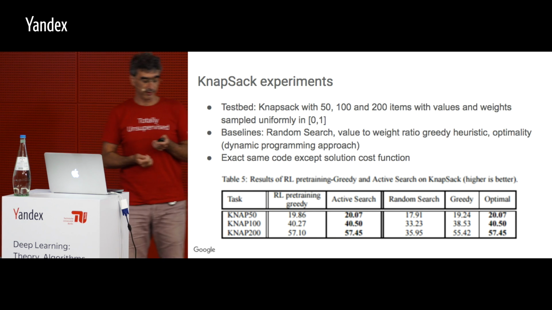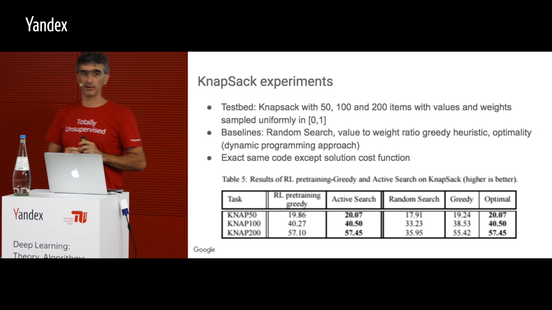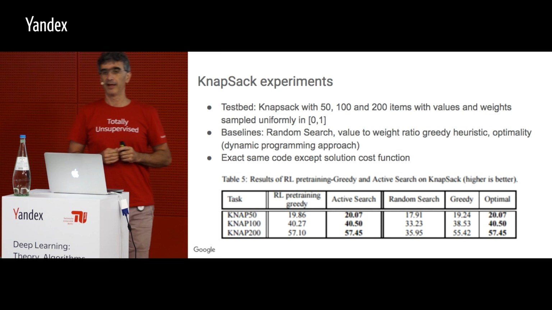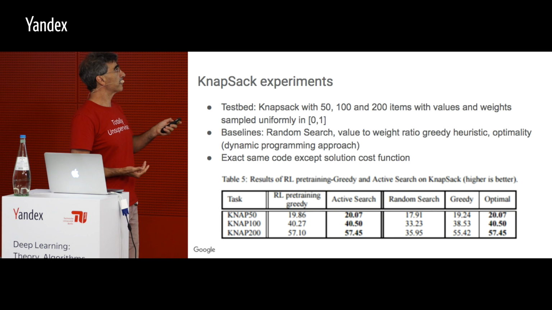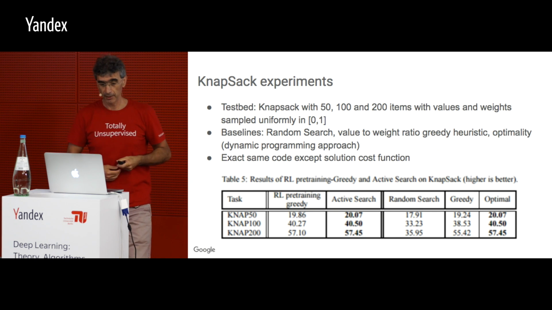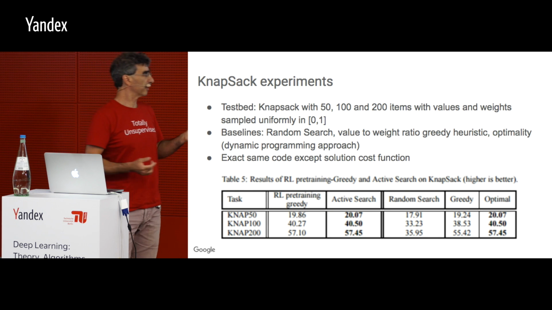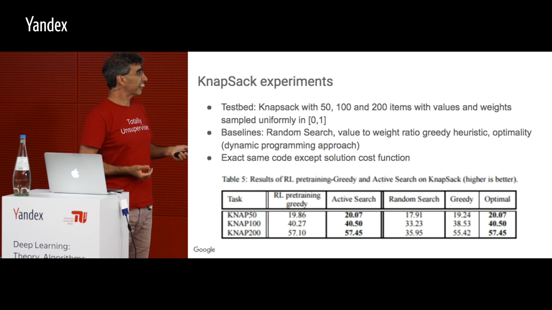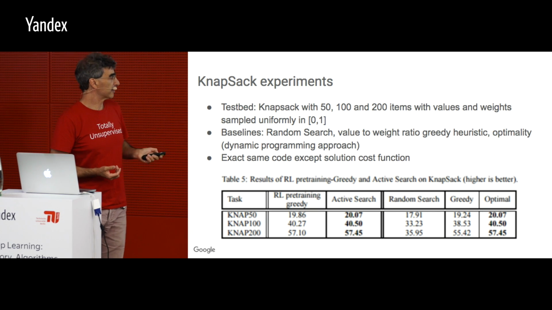One thing we wanted was to show that you can take the same approach and not do any tuning on anything and just change the problem itself. So now here we just tried it on Knapsack, which is another combinatorial optimization problem, and we just trained the same model, generated Knapsack problems randomly, and in that case we actually got the optimal. So I suppose Knapsack is easier than